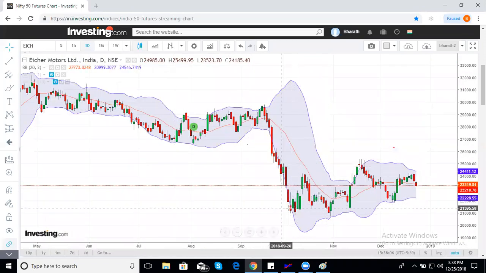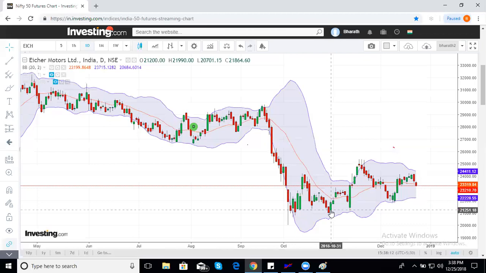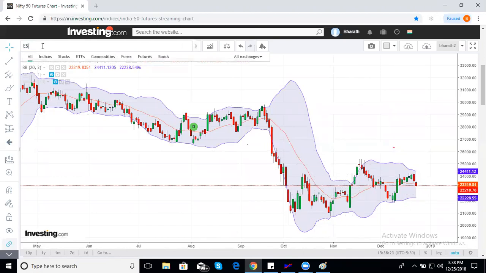See, price closing outside the band, goes out, inside the band, comes back. This time sellers did not have the strength to close outside the lower band. From here, 21,000 to 24,000. If you know this concept, you would have traded this outside inside. Look at Escorts.